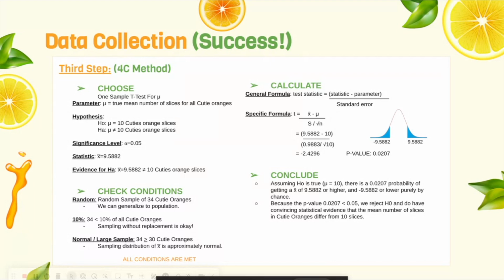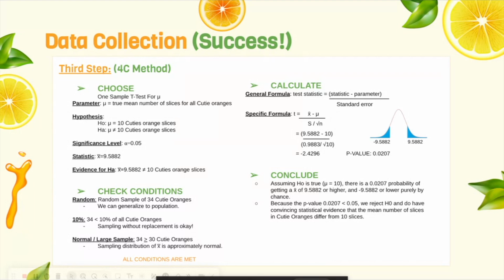Next, we calculate. We use the general formula: test statistic equals statistic minus parameter over standard error, which is 9.5882 minus 10 over 0.9883 divided by the square root of 10. And we got a t statistic equal to negative 2.4296, and the p-value is